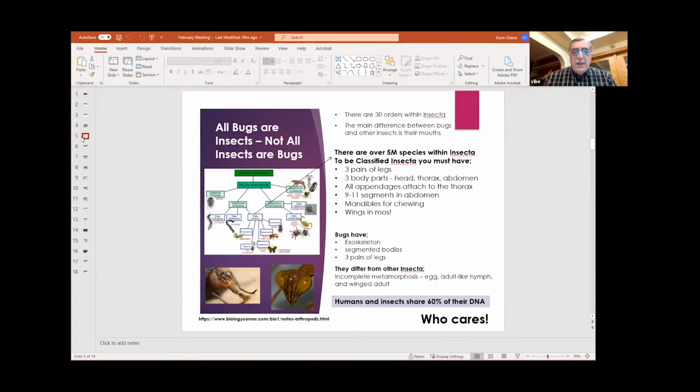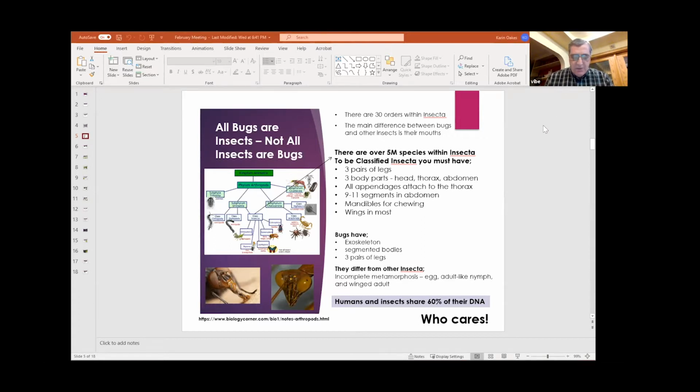What I tried to do here is give us a little focus, get us down to where we need to talk about with the bugs and insects in our garden, because we tend to hear the word insect and we automatically think everything is bad. So I put this taxonomy chart in there. This is the insect tree, and right next to that, just for a focus,